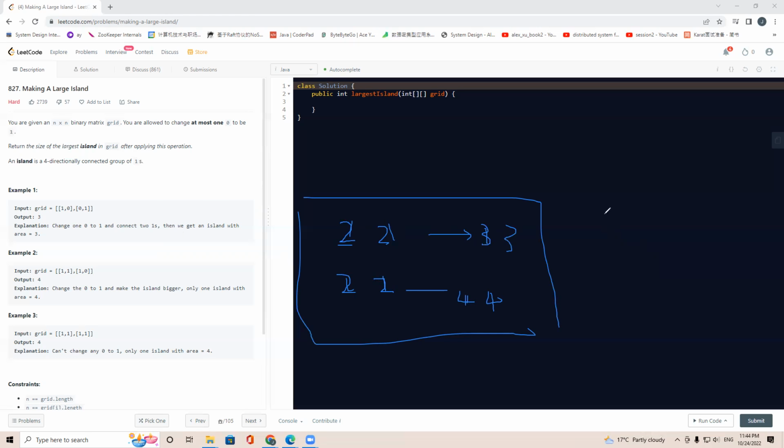And we use a map to store each island. For example, the island 2 has the area 4, and island 3 has area 2, and if we have island 4, the area will be 3. So we use a map to store the island marker integer and its area. Then we do another iteration. If we find a 0,